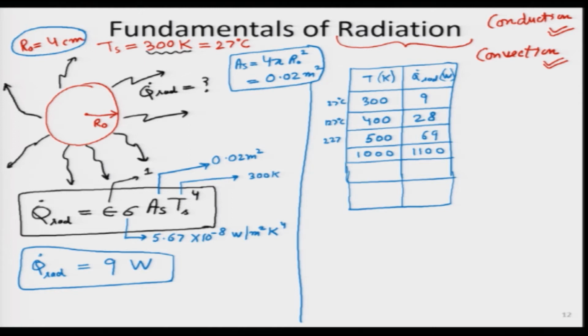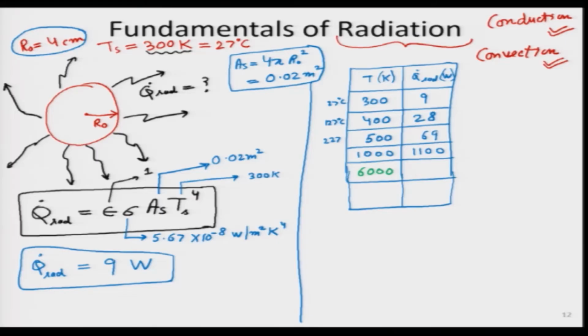Now, let us go to some really ridiculously high temperature. Let us say we are giving the sun temperature to that particular sphere. So, sun temperature effectively we can take as a black body temperature around 6000 Kelvin, and in the next few slides I will talk about the radiation from the sun as well. So, just for now, just go along with me. So, we are giving it 6000 Kelvin, and I think over here the number becomes very high. So, I am going to use megawatts now. So, it turns out to be 1.4 megawatt. I am going to write it again.